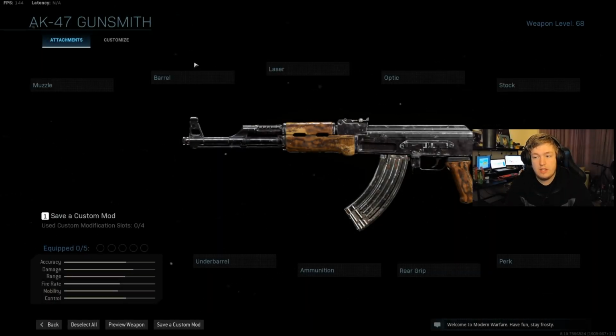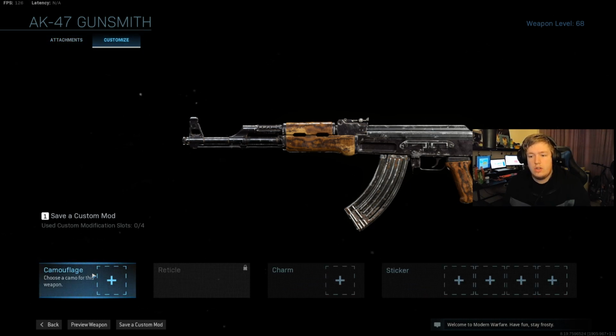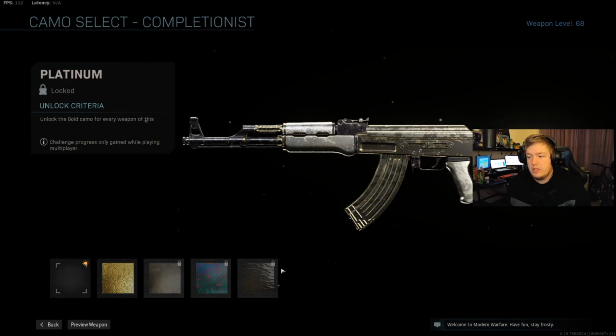So before we get into today's video, I was actually saving this for the new update to come out, and I want to quickly drop in and mention how you get Obsidian camo on every gun. They mentioned this whole weapon mastery thing. Maybe it was just an idea that they brought up, but I did check, and to unlock Obsidian camo, which does look crazy,